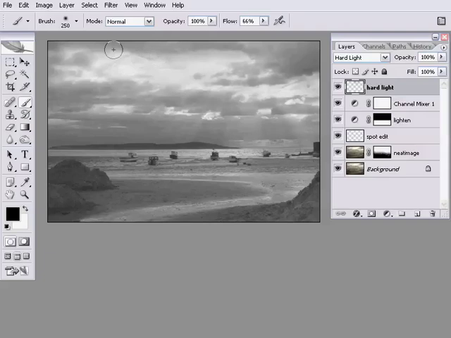So we've darkened up our sky a bit there. That's just taken a bit of the edge off the blown out area there. Just turn that on and off. You can see actually that's quite a large edit. Now the other thing I've been working on here is